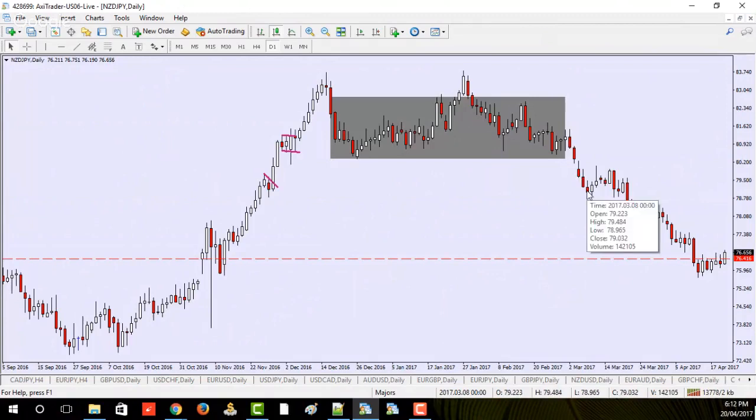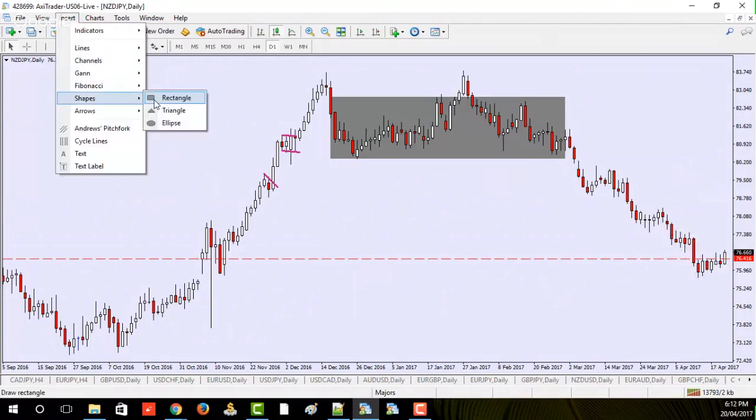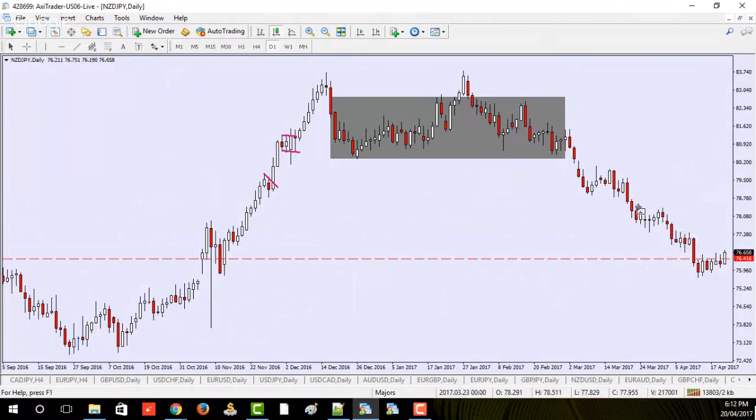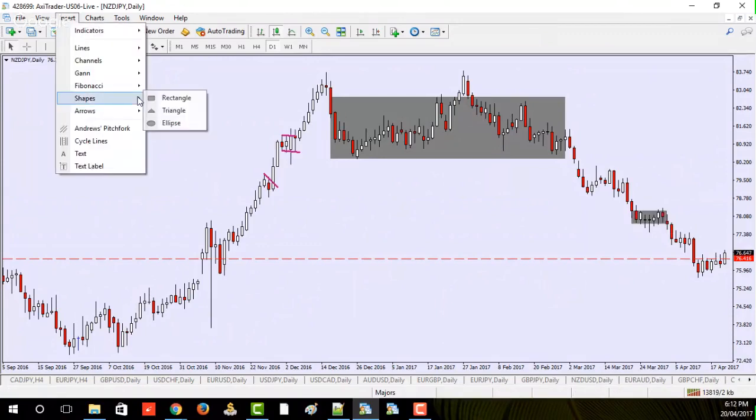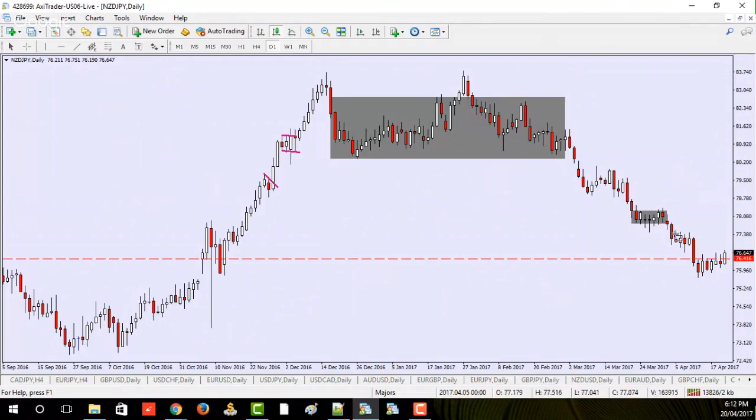Trend, retrace, trend, retrace. And what I want to point out is that these boxes right here are flat. These horizontal retracements are flat. What that means is you don't have the anti-trend move. Typically, when you have a trend,